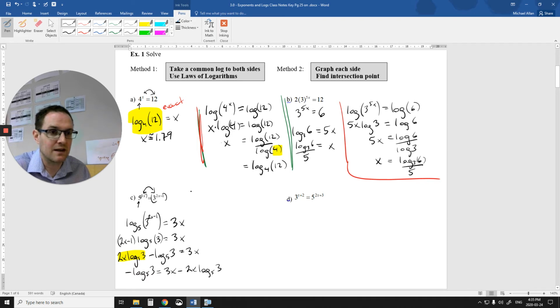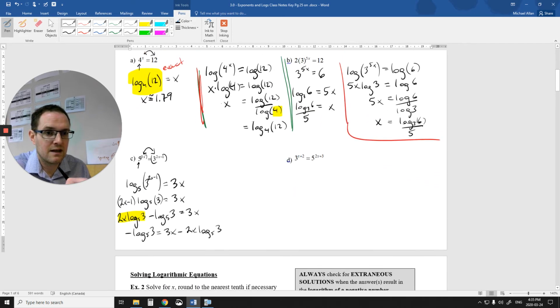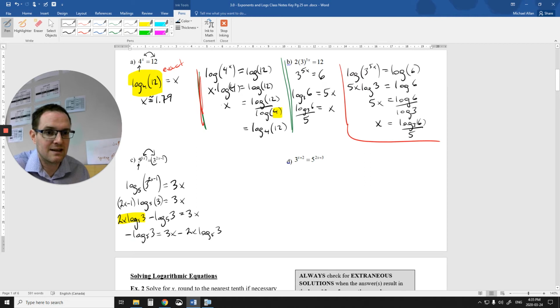Now it's going to get kind of ugly at this point. How do I get the x by itself when this x has this weird log 5 of 3 and a 2 in it? I can't just subtract these two and get 1x because this is all one piece right here. So I can't just subtract them because they're not like terms, because this log 5 is in the way. What we could do though